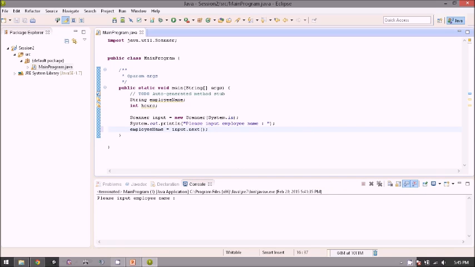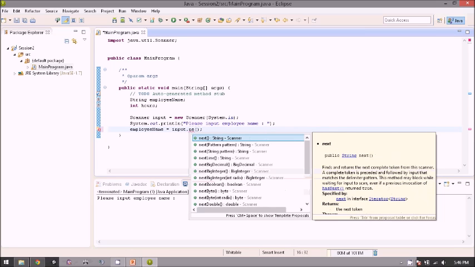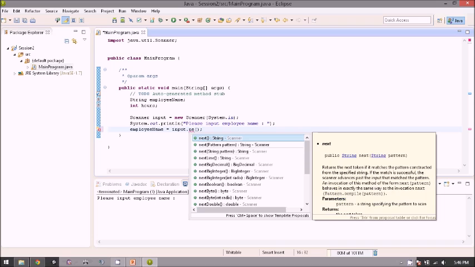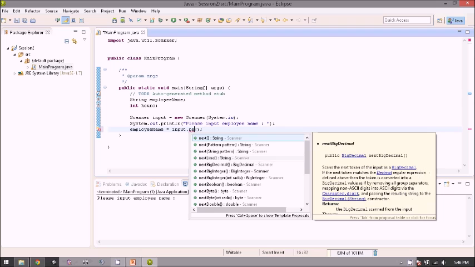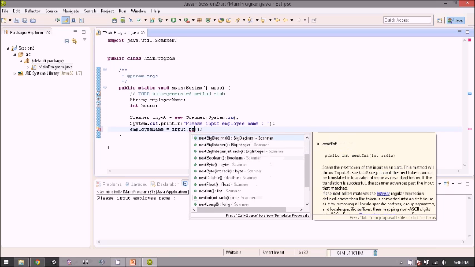So if you use input.next, it will ask the user for input and will store the input to the employeeName. But if you see, there are other functions: input.next, input.nextLine, and nextInt, nextFloat, nextDouble and other things. So what's the difference?